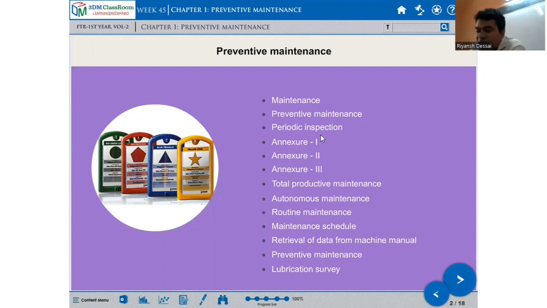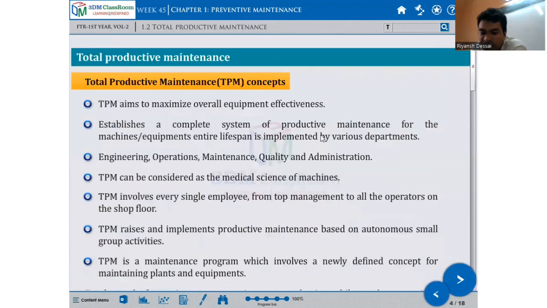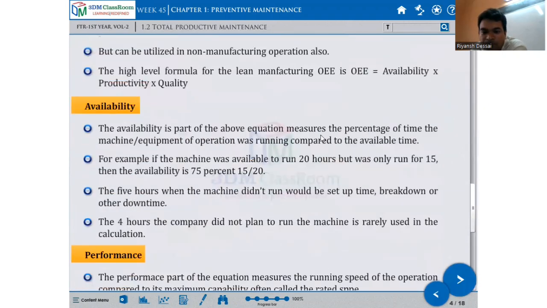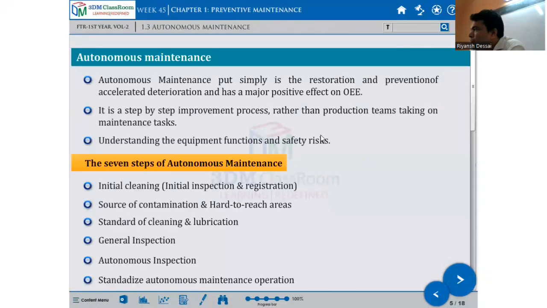I'll take some basic guidelines, then I'll take this as the last one. Regarding the lathe machine, if you have any doubt, you can ask me now. Preventive means general maintenance, like you do for your bike. In the same way we have to do the preventive maintenance before the